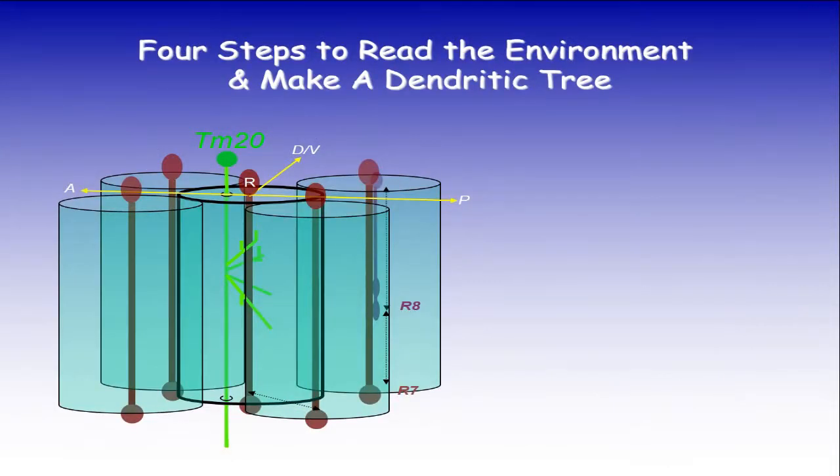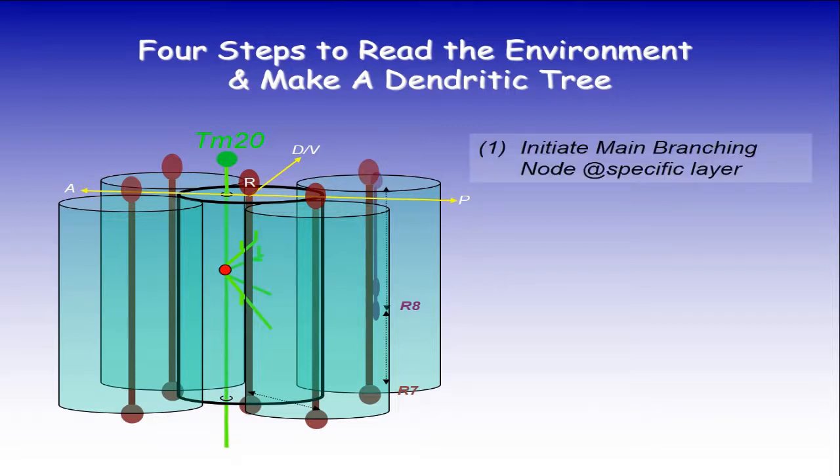Yeah. So from the morphological analysis, quite a few years ago, we made this hypothesis that it probably takes at least 4 steps to read the environment and to form the proper shape of the dendrites. And probably they start with initiating the membrane elaboration from a specific layer and project in the anterior or posterior direction, or toward a preferred layer, and eventually elaborate the shape of the dendrite with appropriate size as well as appropriate complexity here.